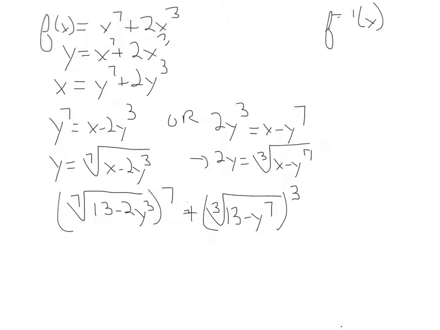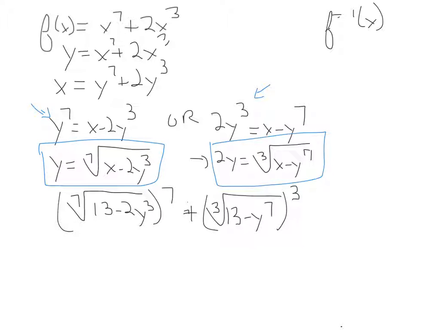So what I did was I used the two different versions of being able to solve for y from the inverse. And I know there's still a y on the other side, and that's the tricky part. And I used those to sort of match what the question gave you, because I knew that there must be a trick there, that they were going to want us to do something. When I saw the 7th and the cubed, I knew that it was connected to that y to the 7 and y cubed that we end up with here, and that they knew that there was no way we could solve for just y by itself. And I think there's a plus 1 on the end of this as well. Okay,